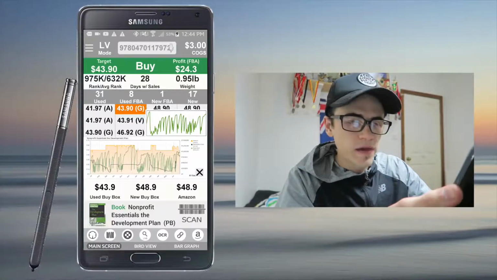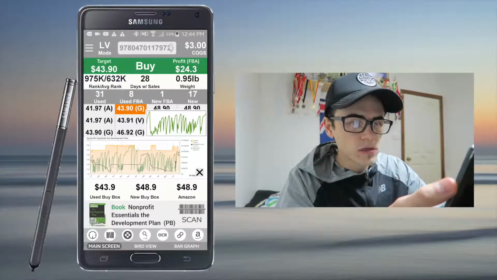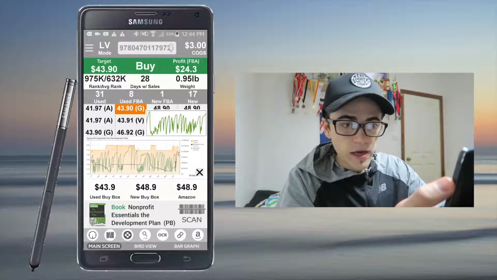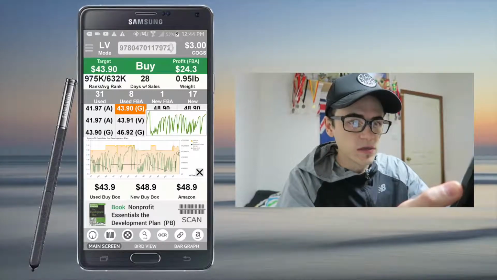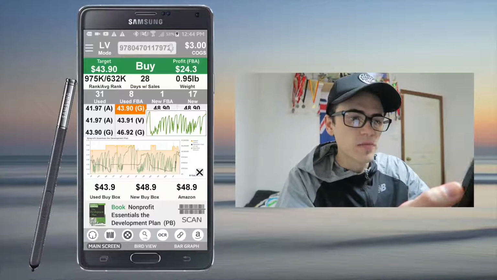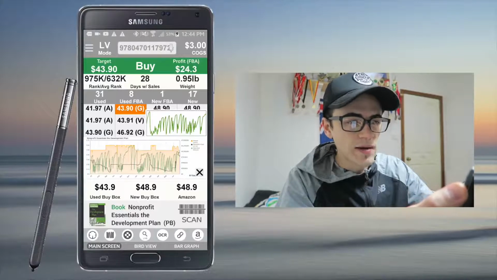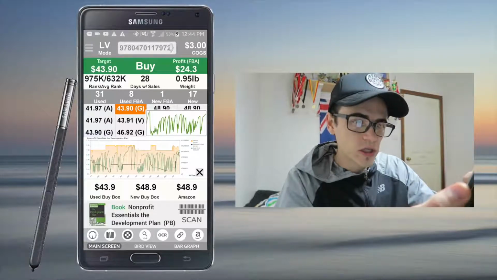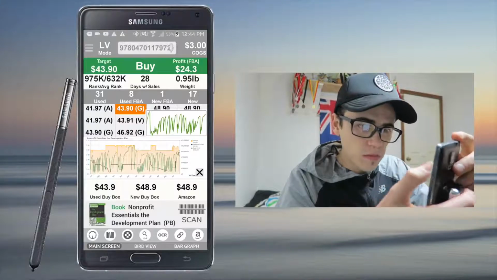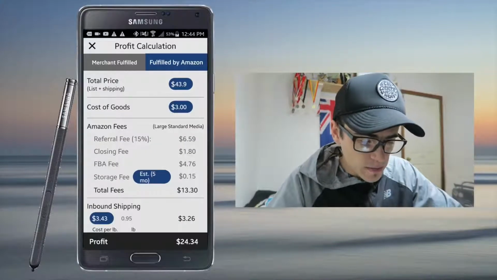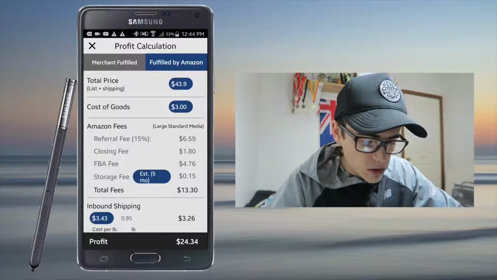On the right of that, we have the weight of the book, so it's just under a pound, and then above that we have our profit. So FBA profit is $24.30. And then above that is the cost of goods, how much I pay for the book, or just the average cost per book. If we click on the profit, then we get a breakdown of all of our costs,